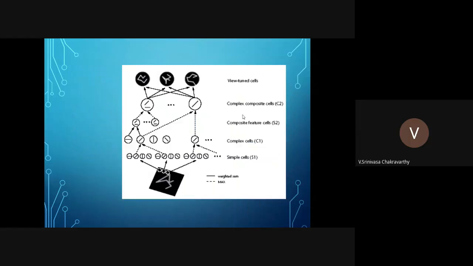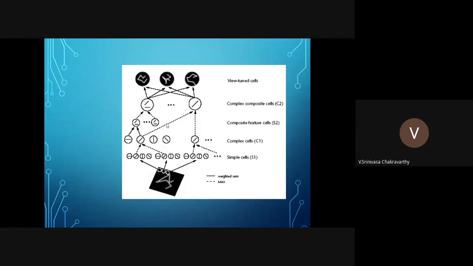Like that, they have multiple levels. They have a simple cell layer at the bottom, and they put receptive fields all over, covering the entire input image. For each receptive field, a given simple cell responds whenever there is a bar of a given orientation in the center of the receptive field. Then these cells are combined, like we just described, to construct one layer of complex cells, called C1. Then the complex cells are again combined to produce composite feature cells called S2. So these are combinations of two bars,